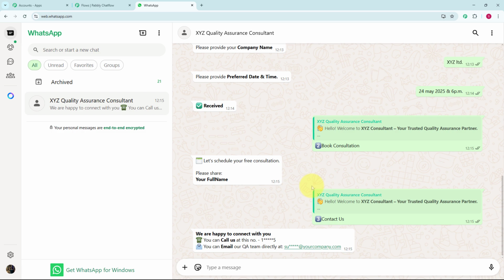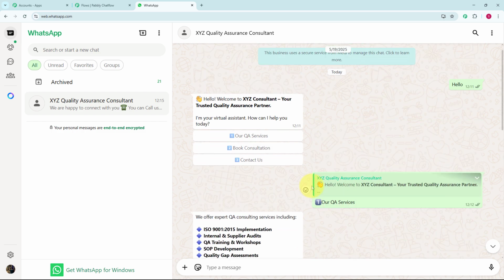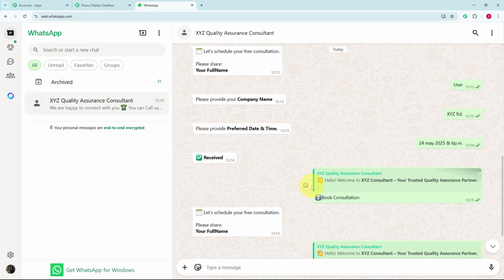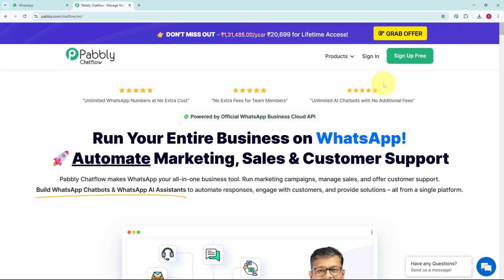So here you can see we have a fully functional chatbot. You can also create a chatbot like this for your business by using Pabbly Chatflow. For that, you have to type its URL, that is www.pabbly.com/chatflow. Once you enter the URL, you will get the landing page of Pabbly, and here you can see